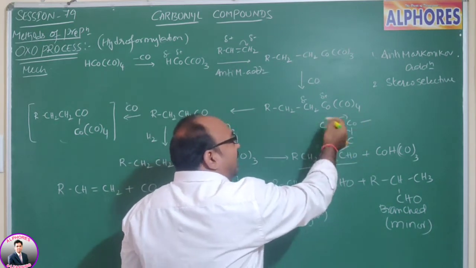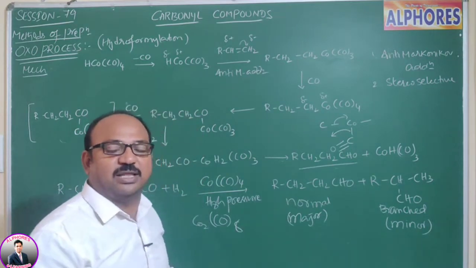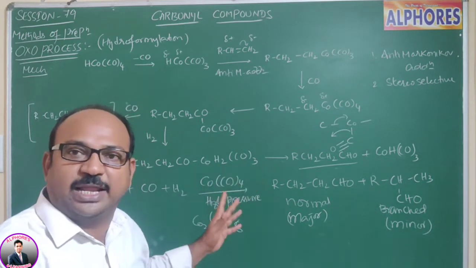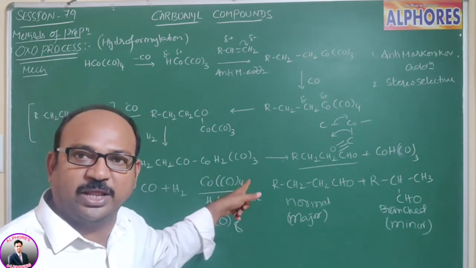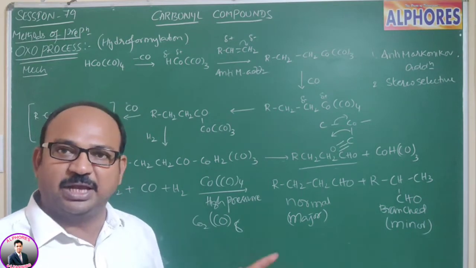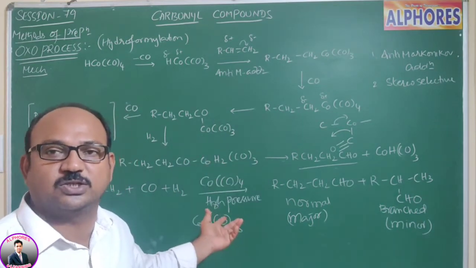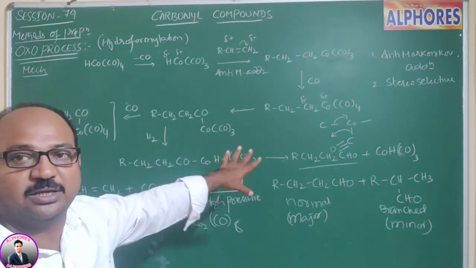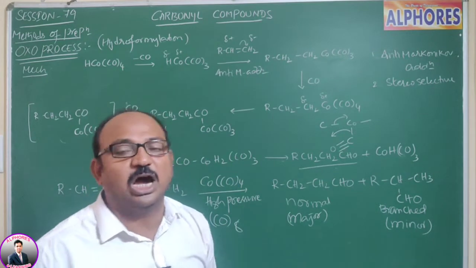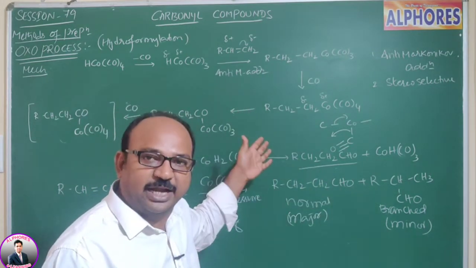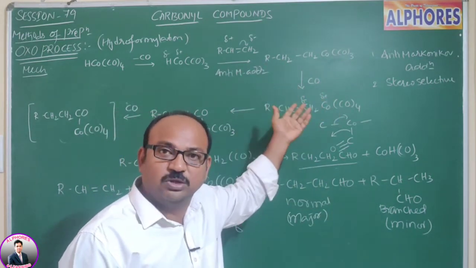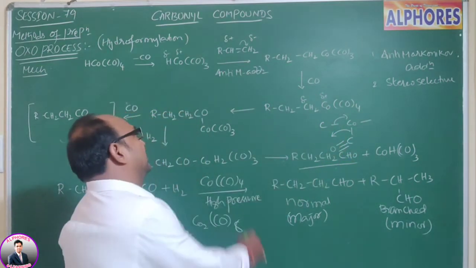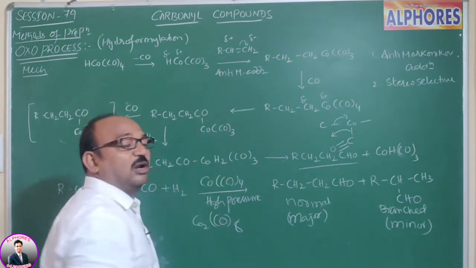This is only a rearrangement. As I mentioned earlier, this is not an ionic or free radical reaction. So overall, even though we are getting the anti-Markovnikov product, here it does not follow any anti-Markovnikov mechanism, because there are no peroxide initiators. Without using any peroxide initiator, we are getting the anti-Markovnikov product, and that too by a simple rearrangement. How does that rearrangement happen? The alkyl group migrates from the cobalt metal to the carbonyl group. As a result, we are getting cobalt tricarbonyl.